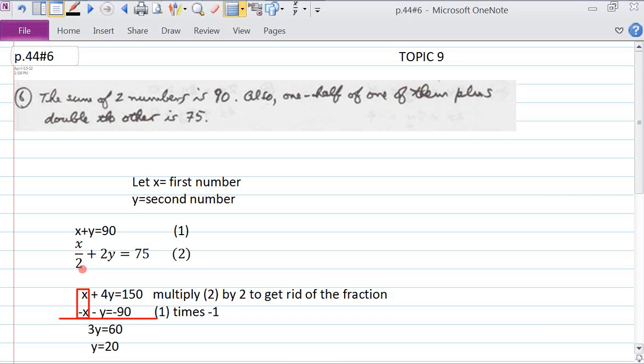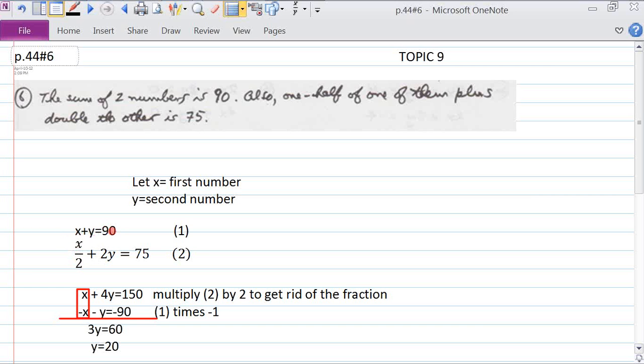Okay, right there. So 1/2 of this one plus, there's the plus there, double the other. So I'm going to take 2y, and I'm told the sum is 75. So let's go over that. We're told